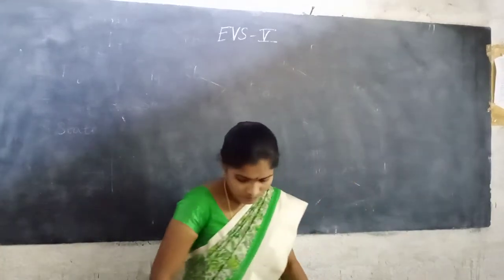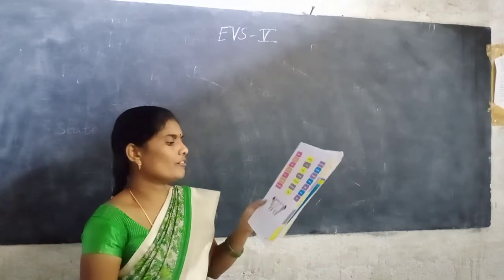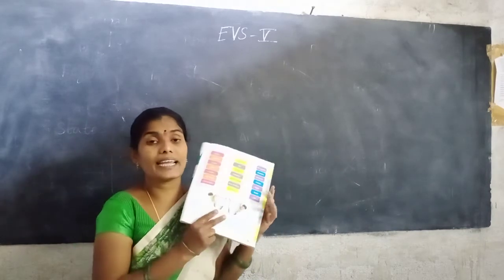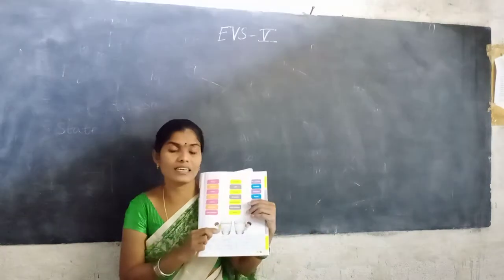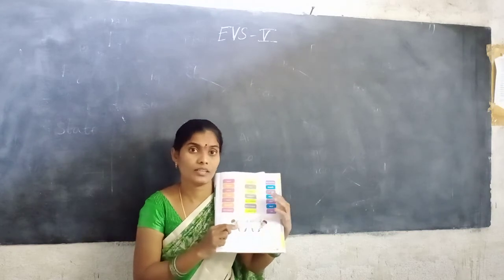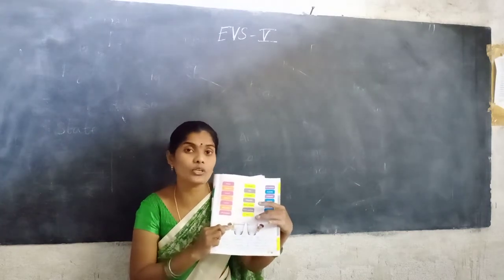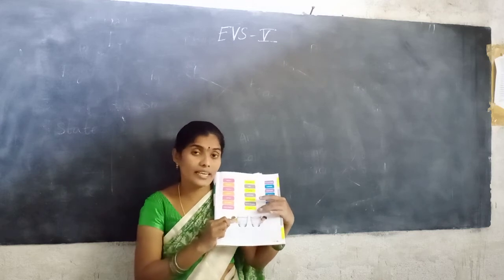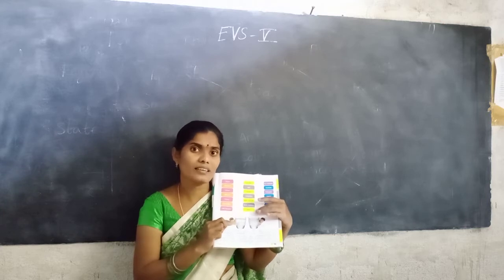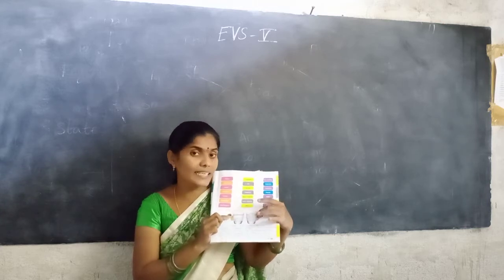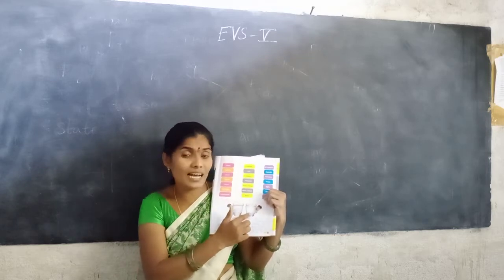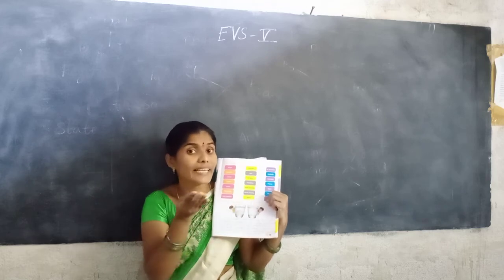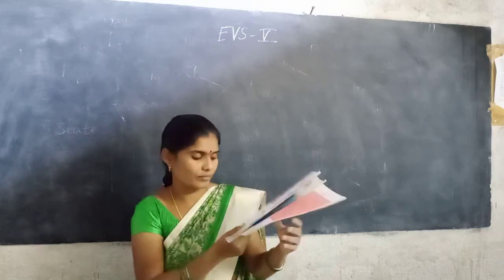Next, what do you infer from this activity? Yesterday I explained this. Amma, while in the first glass the egg is dipped, in the second glass why is the egg floating? Did you do this experiment yesterday? Because this is fresh water, that's why the egg is dipping. This is salt water, that's why the egg is floating. Okay? Write down.